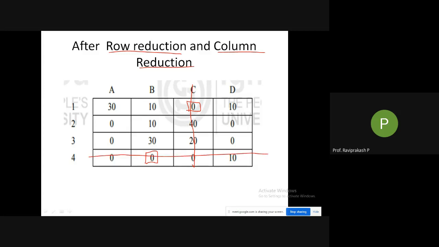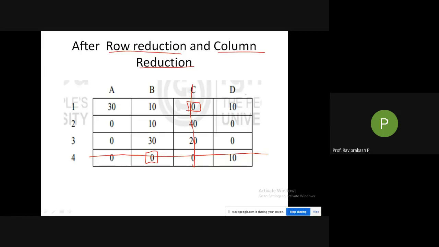Now coming here, this is done. Again there are 2 zeros. So what has to be done here? If you see, there is nothing that you can do. If you take the next step, the number of assignments, that is here 2, should be equal to m or n, the number of rows or columns. Again it is not. If we go with the other one also, it is very difficult. We cannot move ahead.